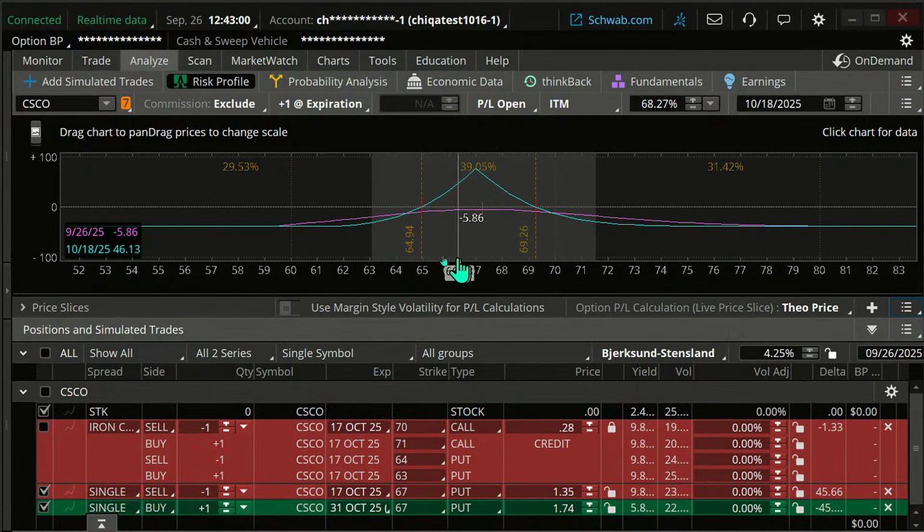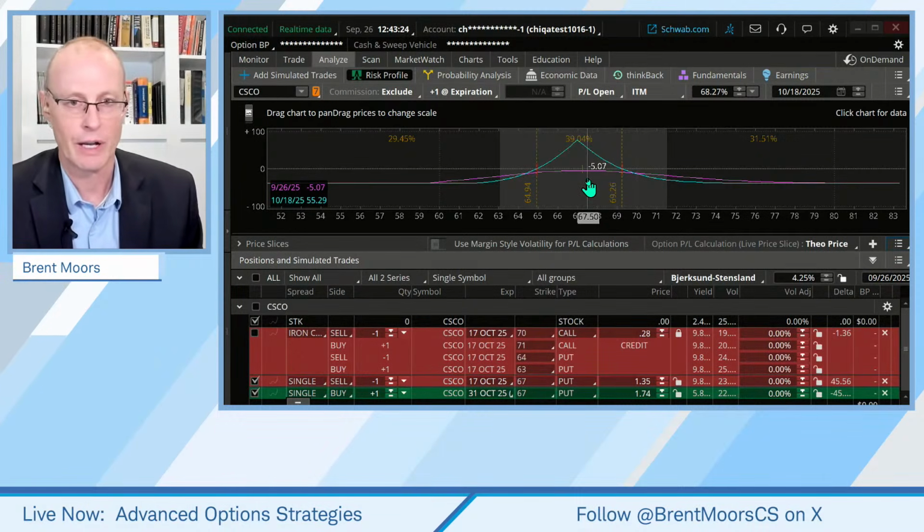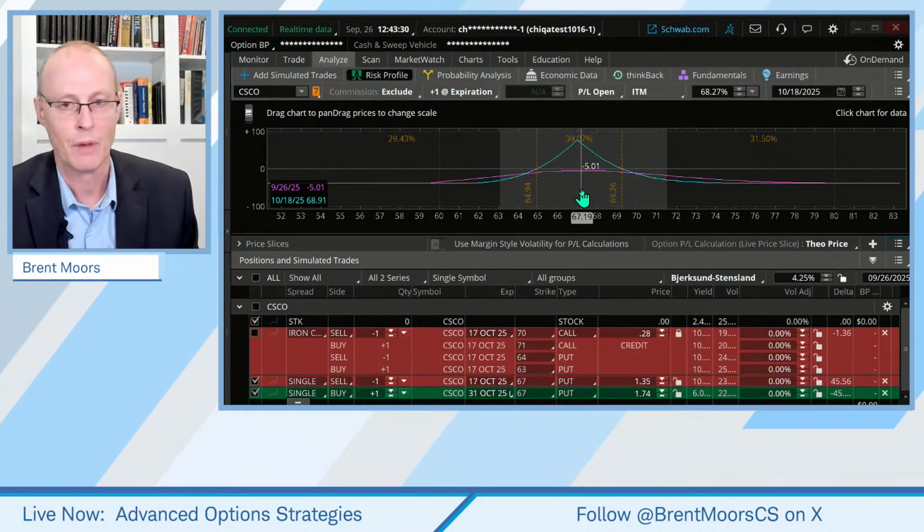A little tighter. This is a lower probability trade, this calendar right here. Okay. Now, potential gain is more. In fact, our max gain is bigger than our max loss on that. Do you want the higher probability trade that has a lower reward to risk, or the lower probability trade that has the higher return on risk? I don't have an answer for you on that. It's going to be completely up to you on that.